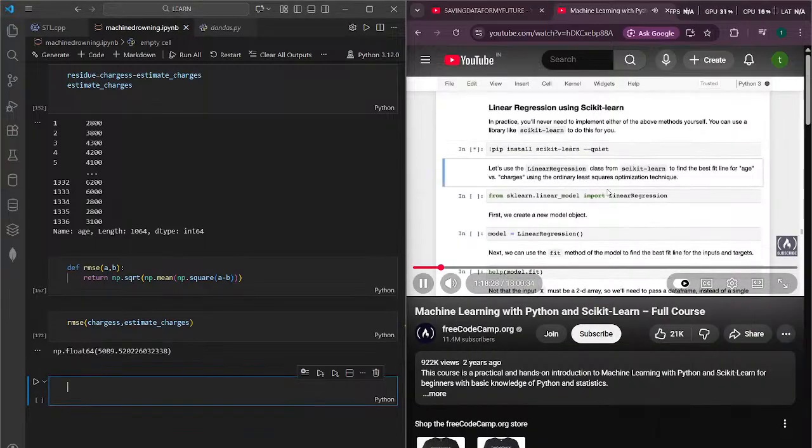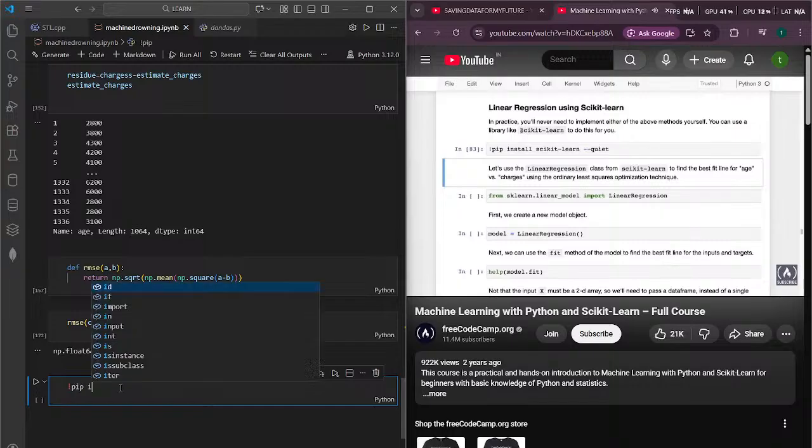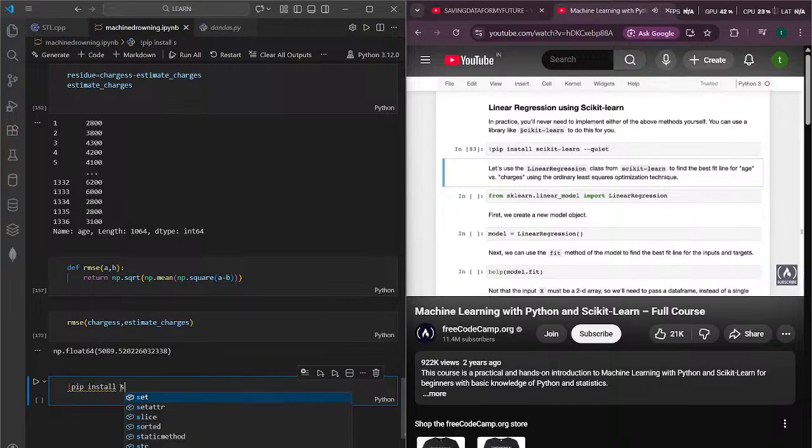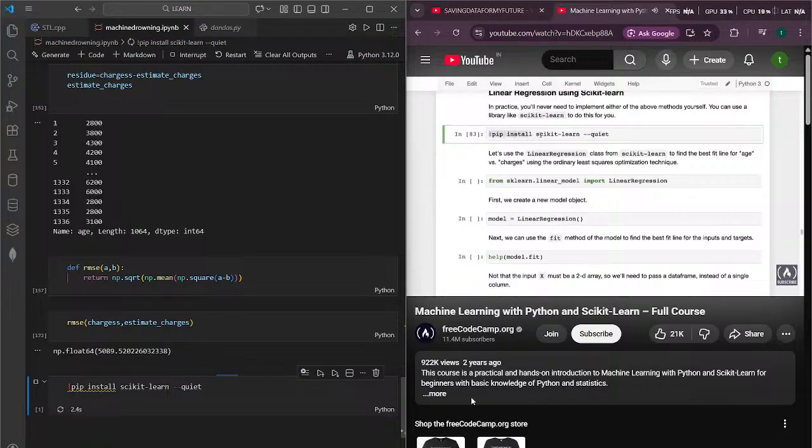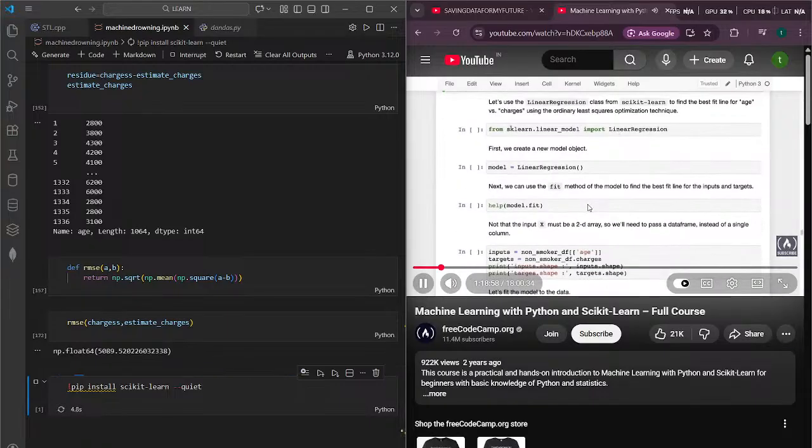So I'm going to install this library, scikit-learn. Scikit-learn contains functions, modules for doing machine learning with Python. It's one of the most used libraries in the world for machine learning. And we are going to start out by using the simplest function that it offers, which is the linear regression class. So let's use the linear regression class from scikit-learn to find the best fit line for age versus charges using scikit-learn. So I'm going to pip install scikit-learn, all right, and then I'm going to import from scikit-learn